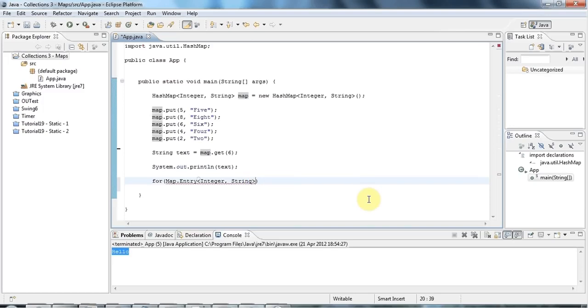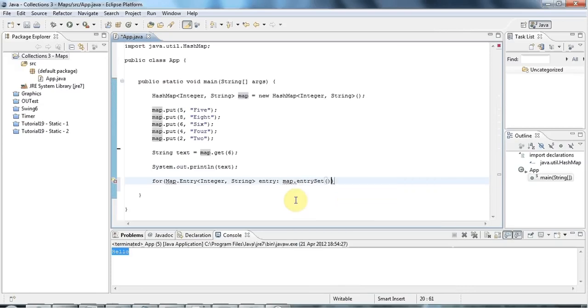I'm declaring a variable of the type Map.Entry<Integer, String>. So let's call this entry and put a colon there, because this is a normal for each loop. And here I put the thing that I want to iterate through, map,